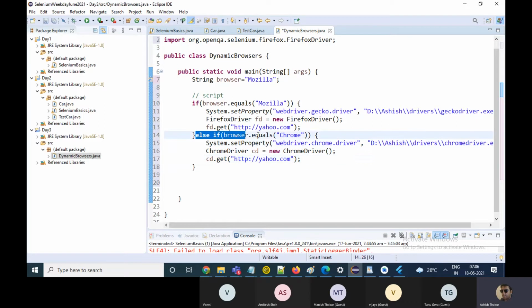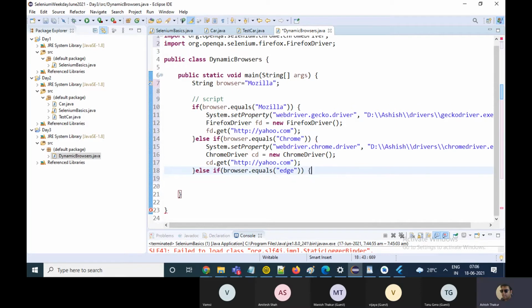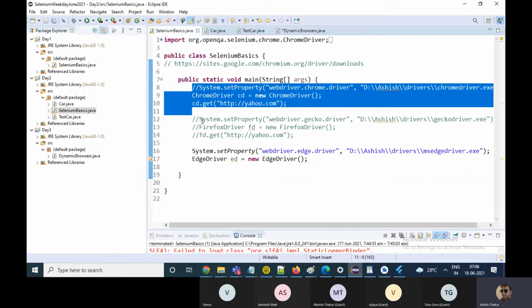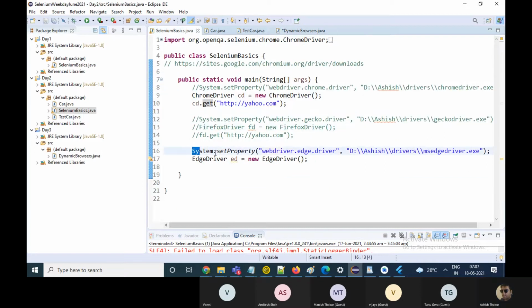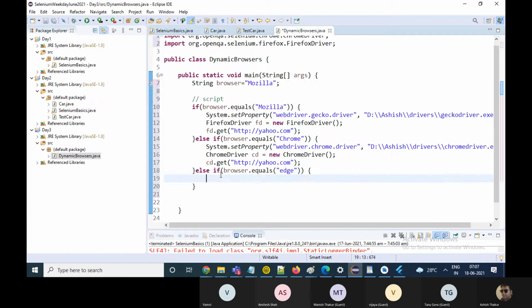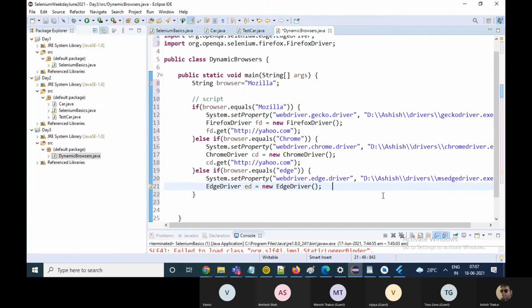And similarly, else if it is Edge, right? In that case, you will have to initialize your Edge browser. Okay, and you go to the website yahoo.com.